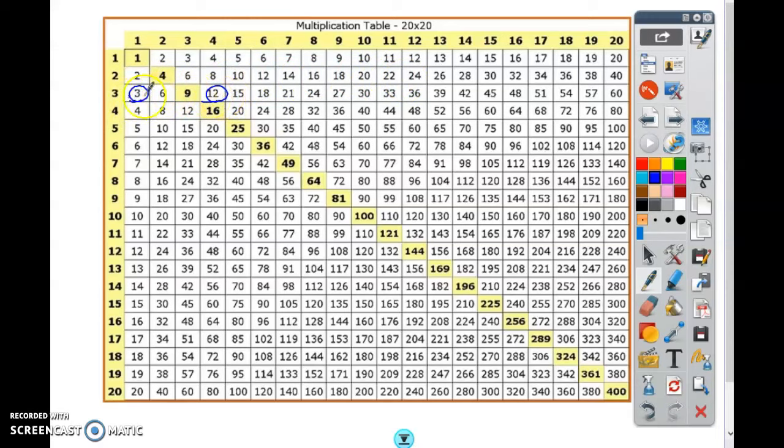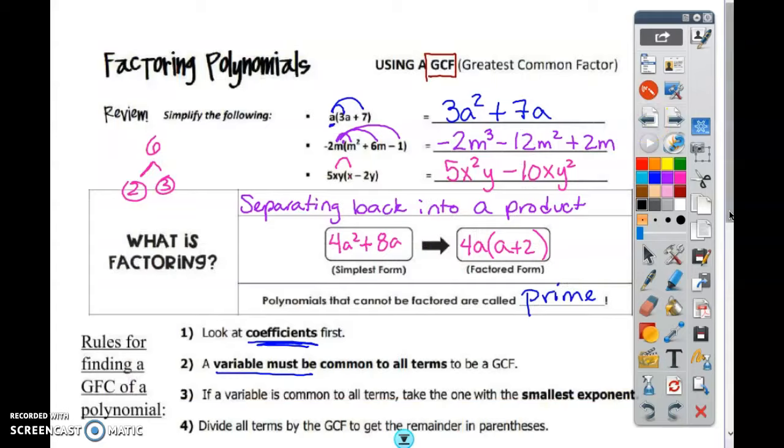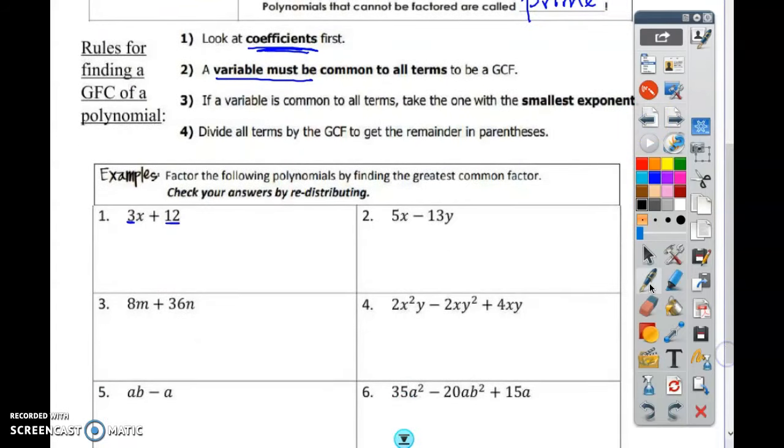They have to be in the same line. That means 3 can be factored out of 3 and 12. So we're going to go ahead and factor 3 out of both of those. So once you found it, we can go ahead and divide them by 3. They both have a 3 in common, so we're going to divide these two by 3. That means I can take out a 3,